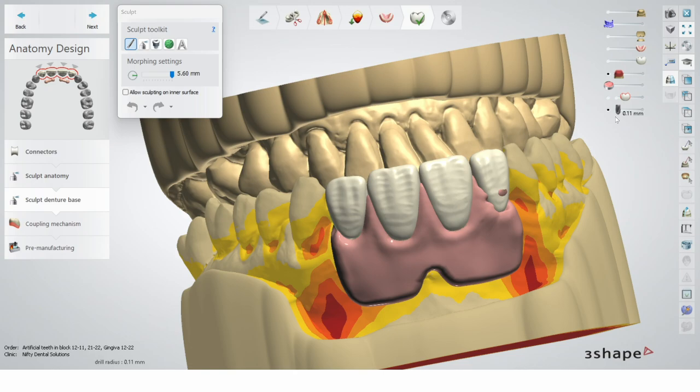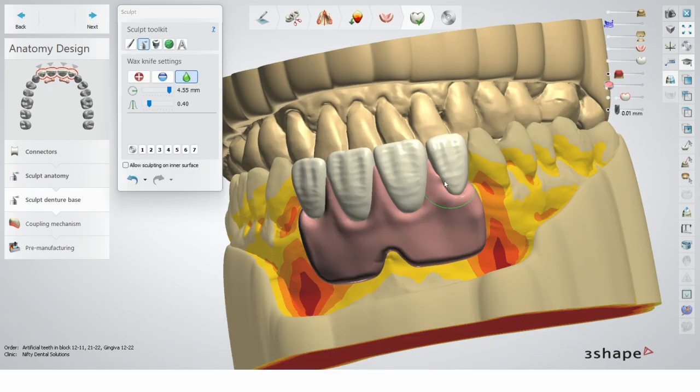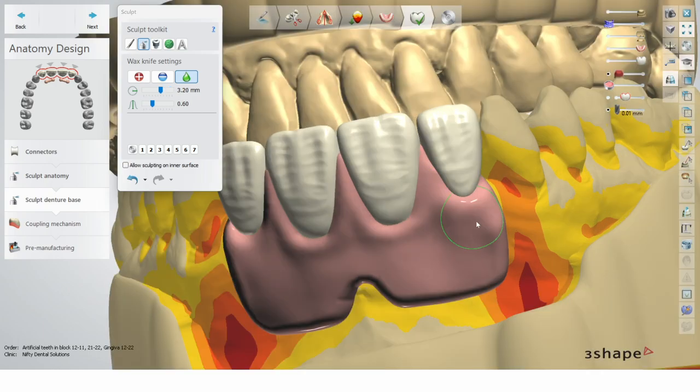Now it's the fun part. So it's all about sculpting, and I go quickly around, give it a nice move, just to blend things together.